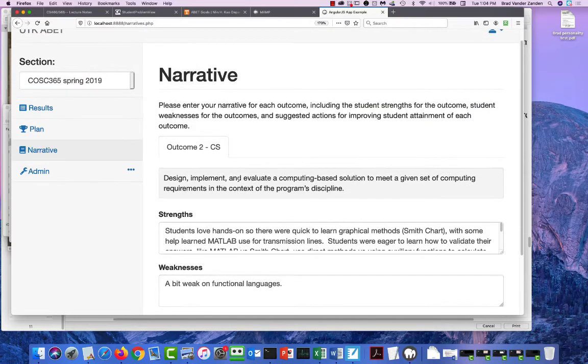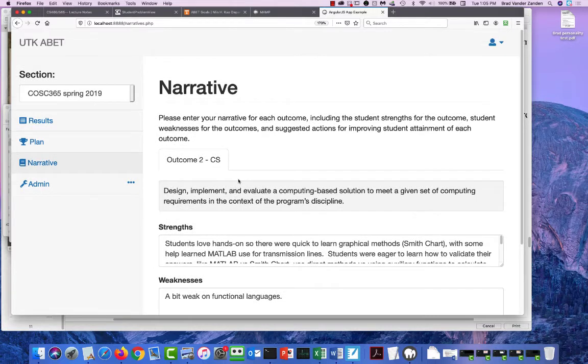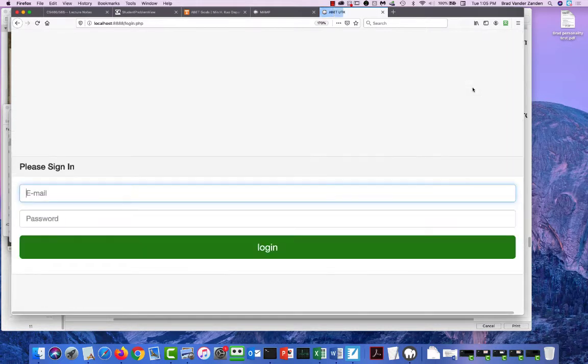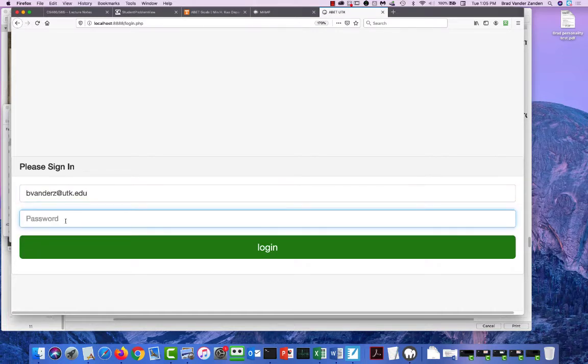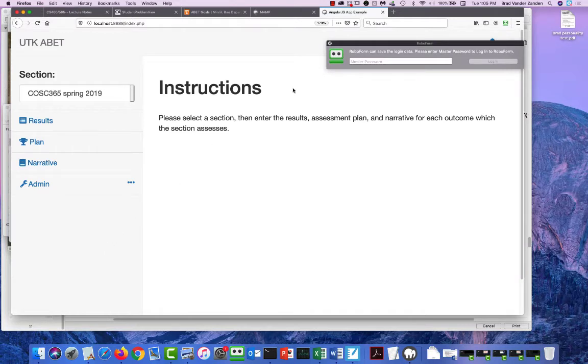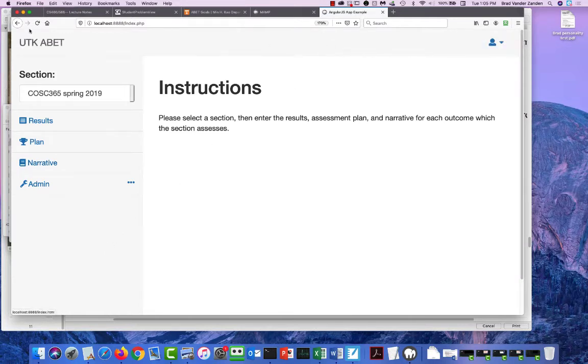So essentially, what you are going to do is have a sign-in page. So I'm going to log out. You're going to have a sign-in page that looks a little like this, where the person enters their email and their password, and you check to make sure that their ID and the password are in your database. And if they are, you log them in. And if it's not,